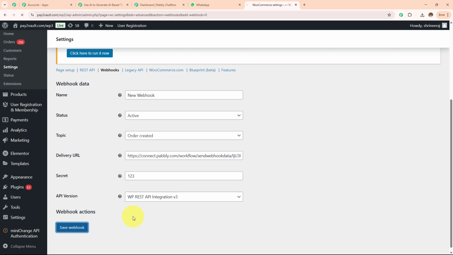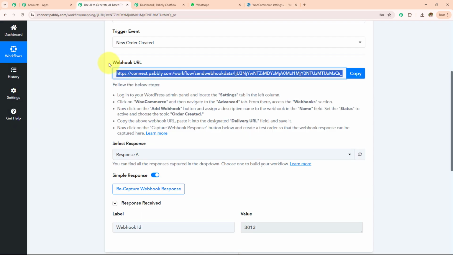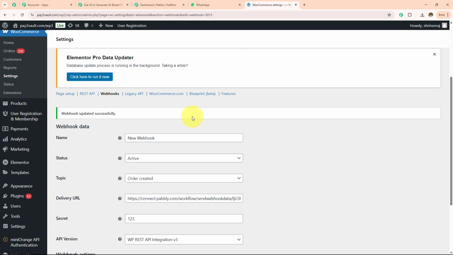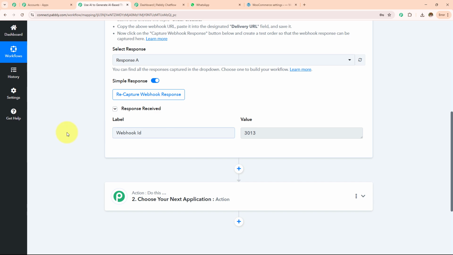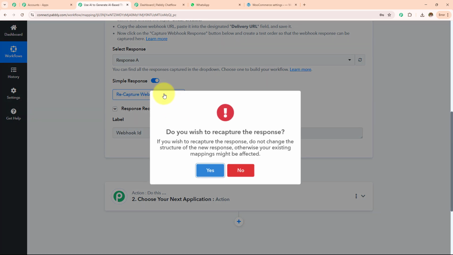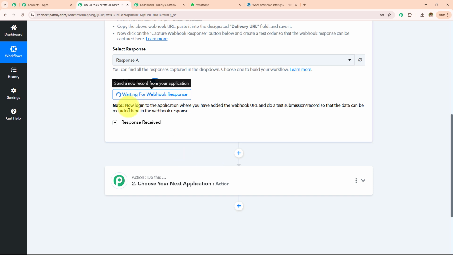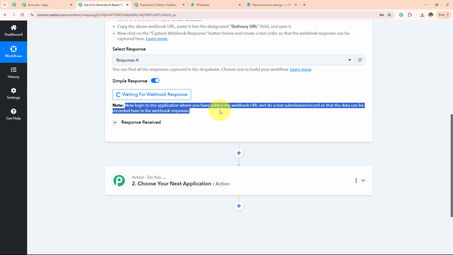Here you will see the webhook will be added successfully. And now if I go back to my Pabbly Connect workflow, you can see that I have received the response. As soon as I've added the webhook to this, I have received the response with the webhook ID, and now I have to click on this recapture webhook response, and you will see it will change to this waiting for the webhook response, and under this it is written,